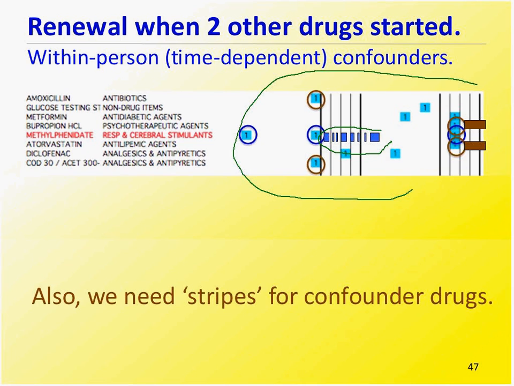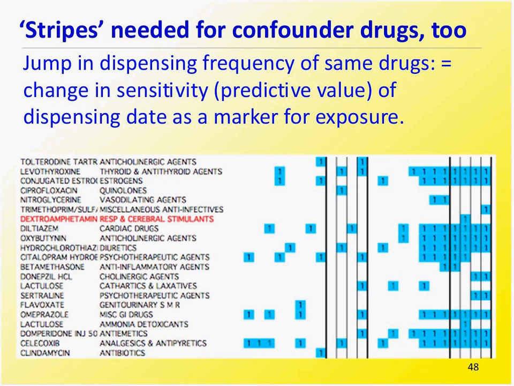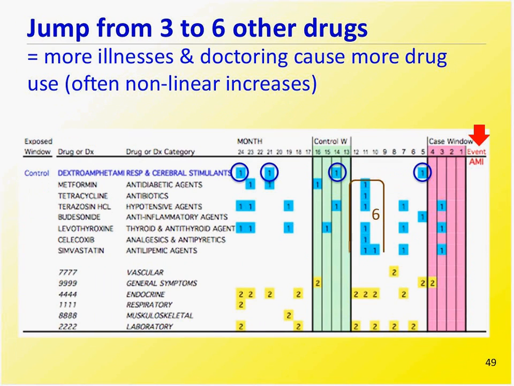Here's somebody who was seemingly not exposed to this drug, but if you take into account a fairly long stripe, they might have been concordant when you were treating them as discordant. And you also find out, by the way, that this also has to be done with confounder drugs, making the analysis considerably more complicated. When you present the data like this, you can see stories of people who had sudden events,